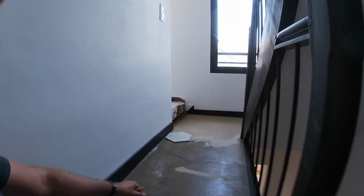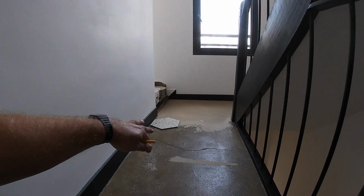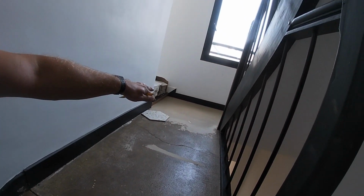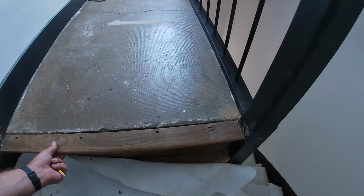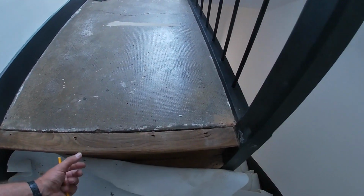Right, okay. That's gone off enough now for what we want to do. We check the levels, it's fine. This has been primered, you don't need to primer that bit. Those are the tiles that we're doing, so Dave's going to plan that out. But we had a bit of an issue here of what we're going to do with the step, because we